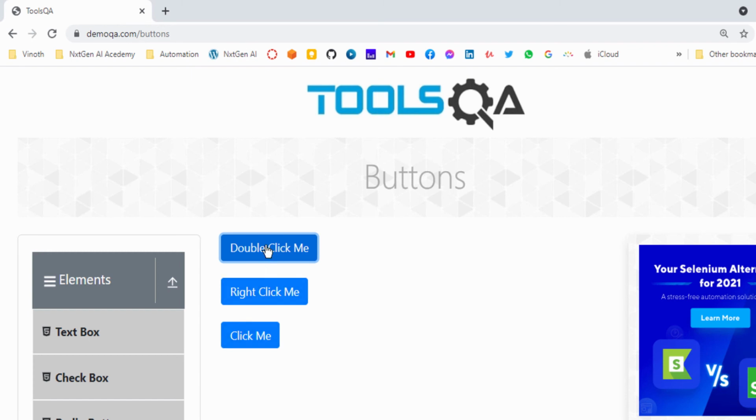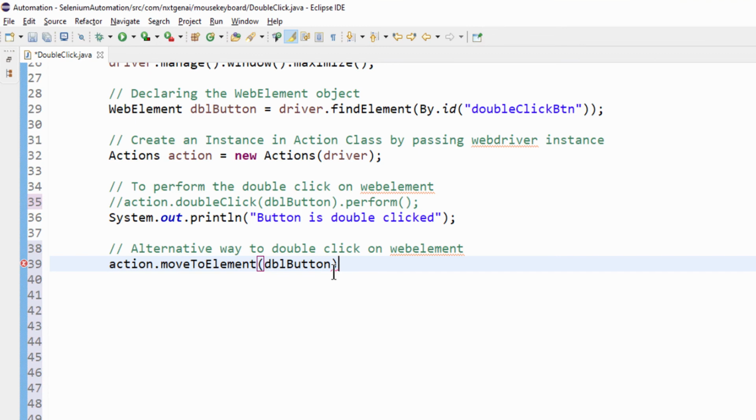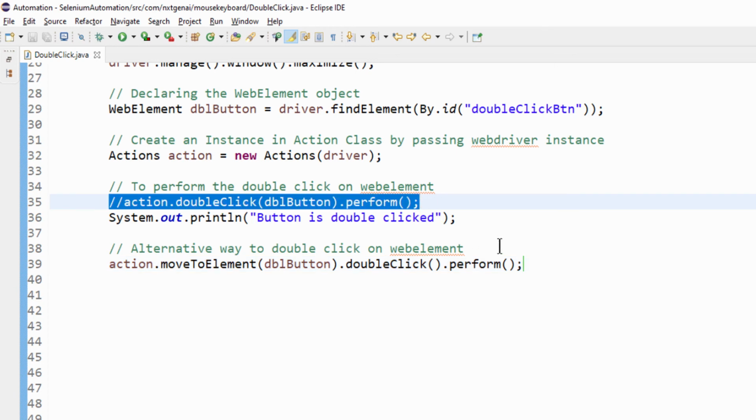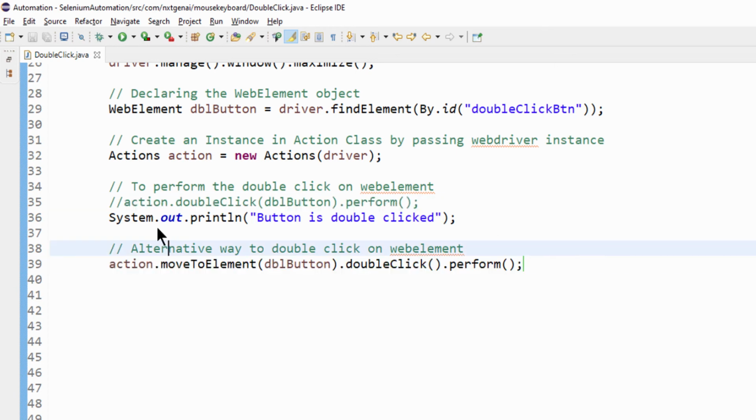Like this, it will go and keep it in the middle of that particular web element. Then dot, after that we can perform the doubleClick dot perform. So either you can follow this one or this one, it's up to you.